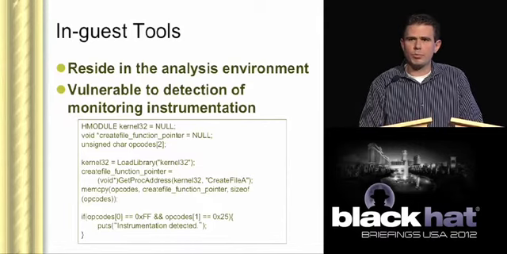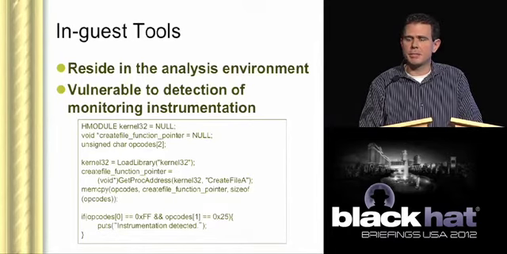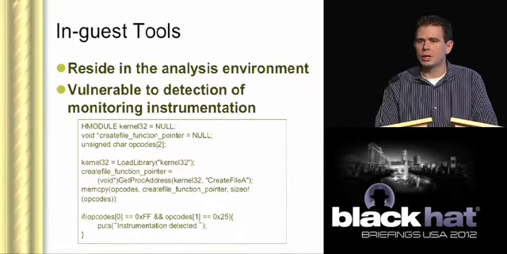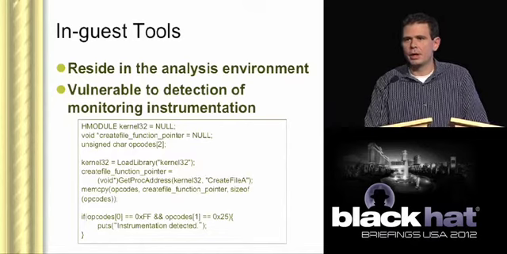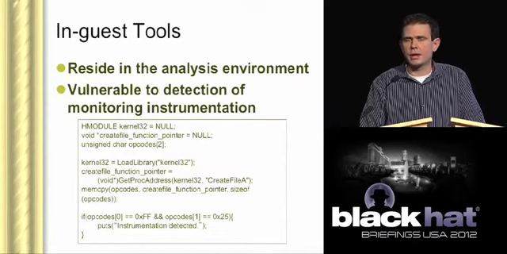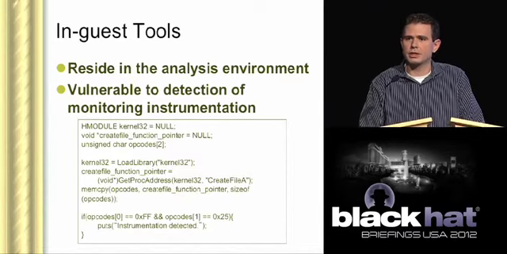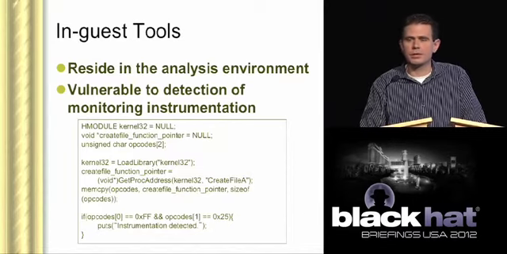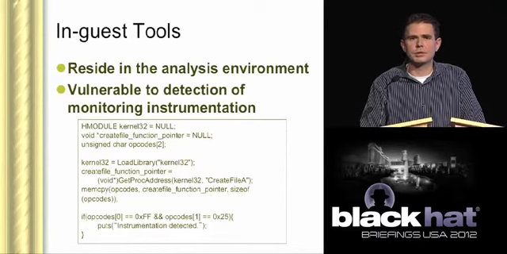And if you perform one of the most straightforward implementations of, say, Windows API hooking, what you will do is use the Windows debugging API to receive notification of DLL load events. And when you receive that notification, and again, that's a DLL being loaded into the malware sample as it's executing, you will look at the export table of that DLL, and you will go to each of those functions that have been exported and place an unconditional jump at the start of them that will trampoline into a patch of analysis code. The problem is that you have created hooks that you cannot hide if you choose the most straightforward